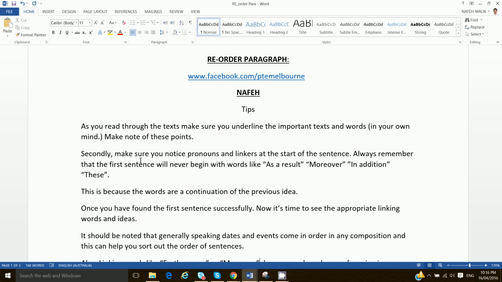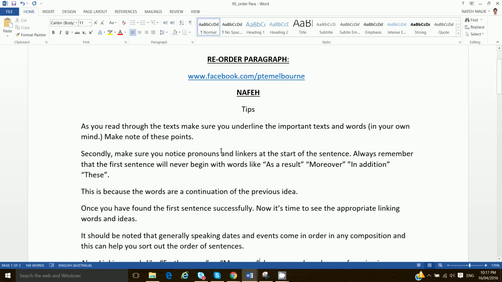Secondly, it is compulsory that you notice the pronouns and linkers at the start of the sentence. Remember that the first sentence will never begin with words like as a result, moreover, in addition, or these. There are many words like that. You have to point out, amongst all of the options, which one should be the first sentence. If you choose a sentence starting with as a result or moreover or in addition, then I'm quite sure that is not the first sentence, so you should look for other options,